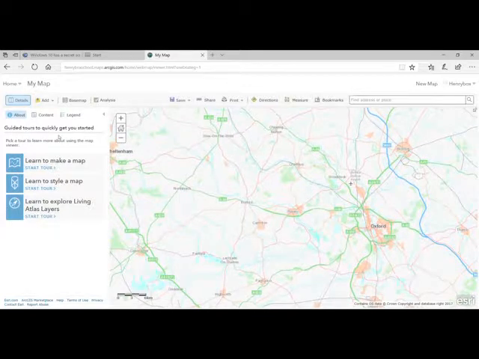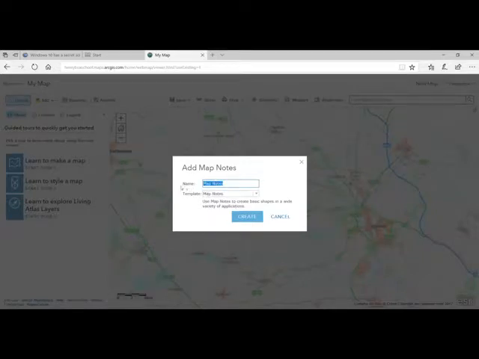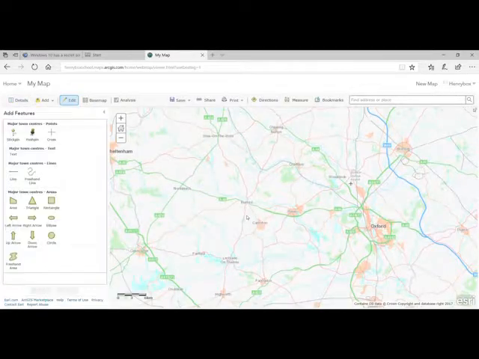So first things first, I need to tell the computer what drive times I'm actually doing. So I'm going to go up to here to Add and add map notes. Now, I am going to do major town centres. And I'm going to define major town centres, just for convenience, as anywhere there's a Marks & Spencer's or a